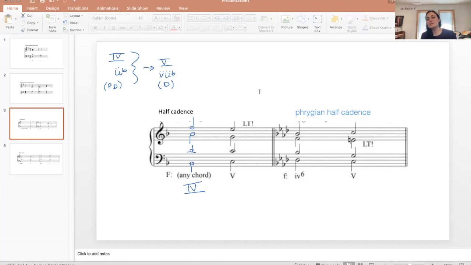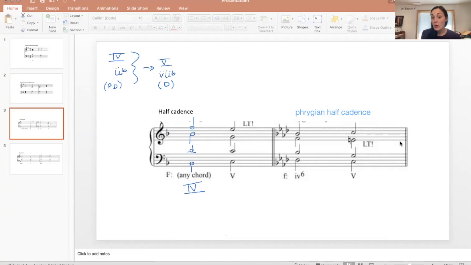And this is when we're in minor. Well, actually, no, we don't have to be in minor, but it does happen most commonly in minor, where we have a 4/6 going to a 5. Okay. And in that scenario, we actually have an instance where we have like a motion that feels a little bit like